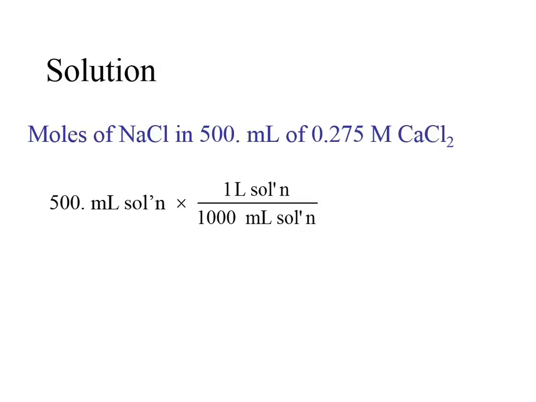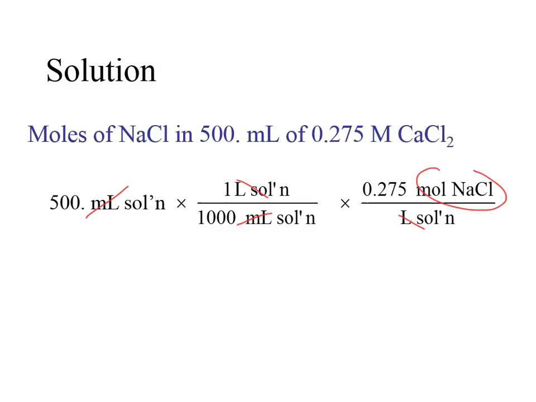Non-flipped, 0.275 moles per 1 liter, exactly. 0.275 moles of calcium chloride per 1 liter of solution. Now, fortunately, milliliters have canceled, liters have canceled, and we're left with moles, which is what we wanted to know. So it looks like 3 significant figures, and I get 0.138 moles of NaCl came from that transfer aliquot,